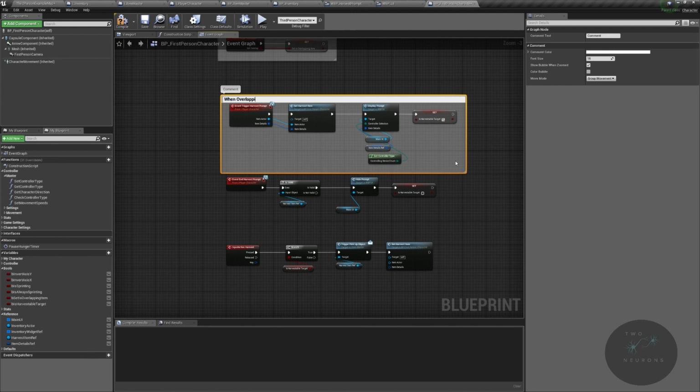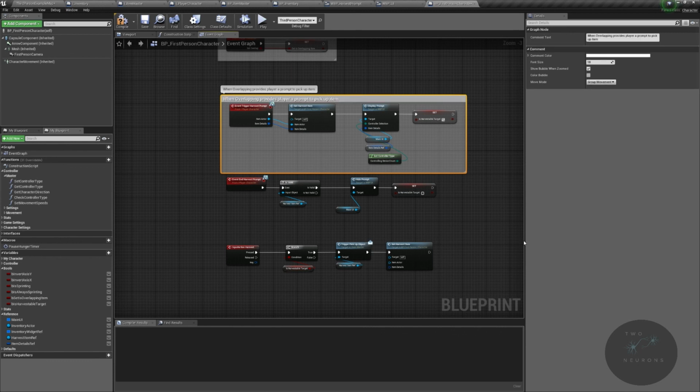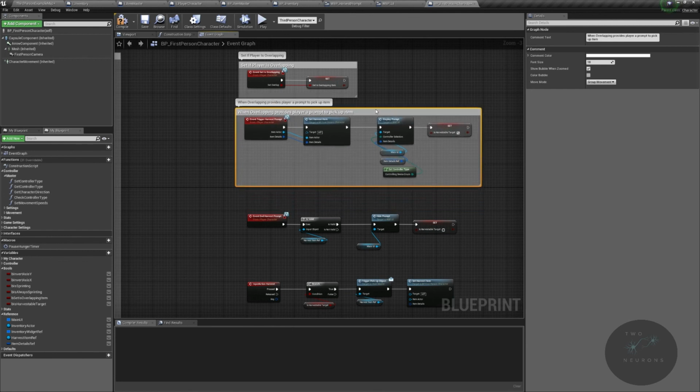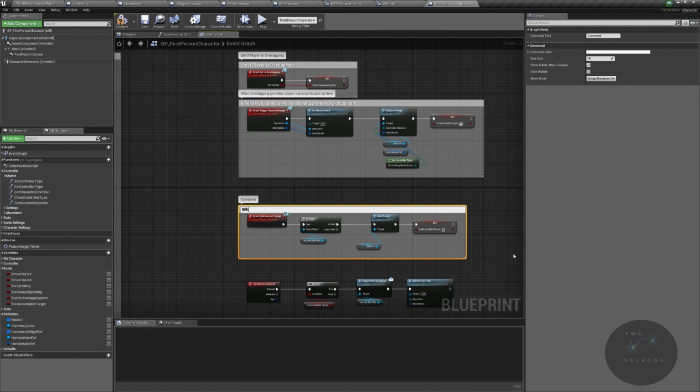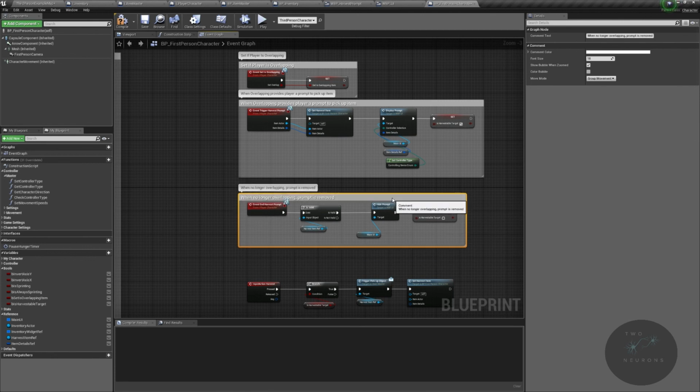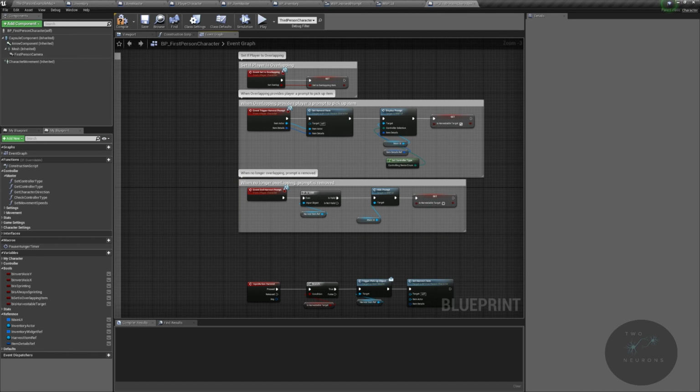When overlapping provides player a prompt to pick up item. All right, I'm just gonna line those up a bit better. And we have when no longer overlapping. Yeah, I have no change to how I'm doing my cases. Prompt is removed. Doesn't really matter, it's a comment. And then finally,